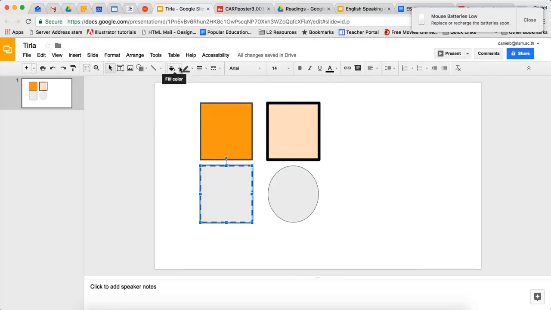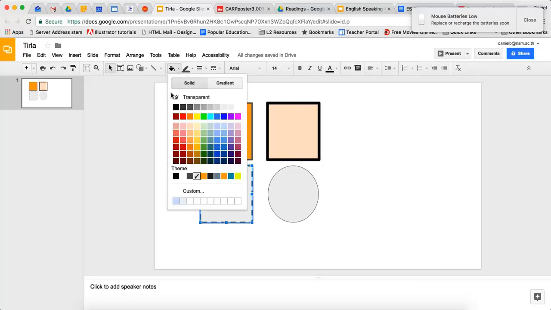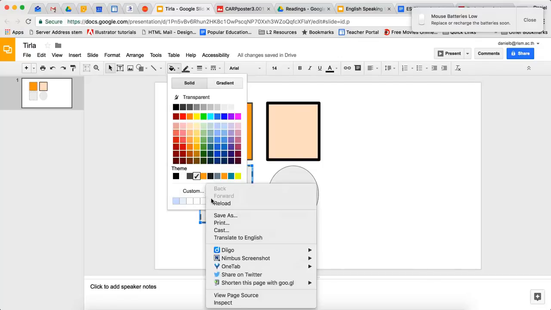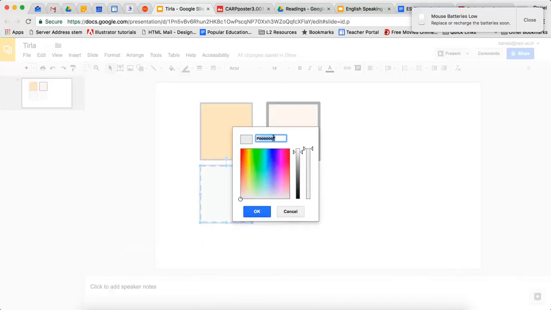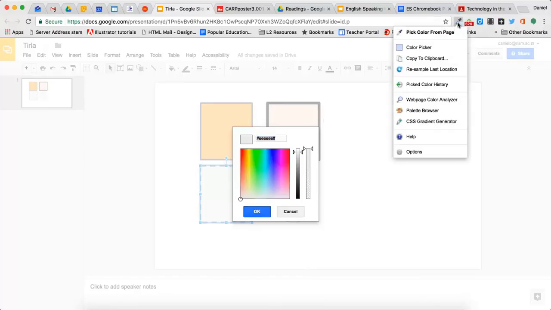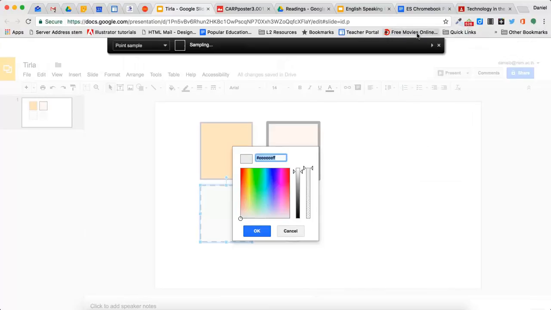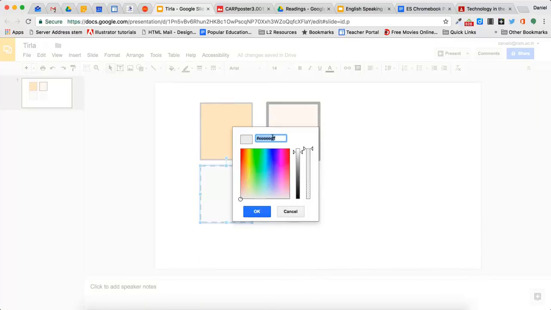Also, with the fill color, I could fill it with a custom color. So if I come up here and I click on a color, you can see that you have these sort of hexadecimal codes. Now, hexadecimal codes are standard on any digital platform. So if I want to grab a color that I like, I can come up to a tool. Let's say I have this tool here, and I say pick color from page. And so now I can come around and I can try to pick a color, and you can see this changes, and I can click on that color, and then I can paste that hexadecimal here,